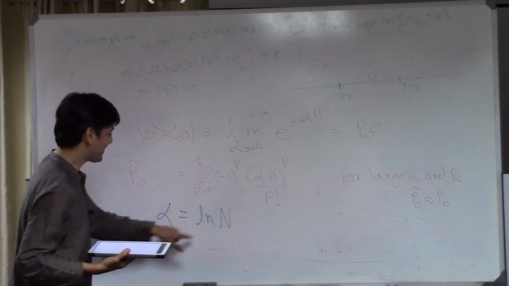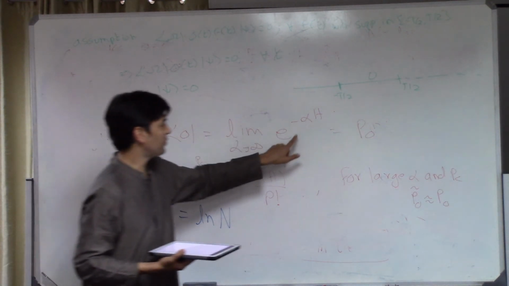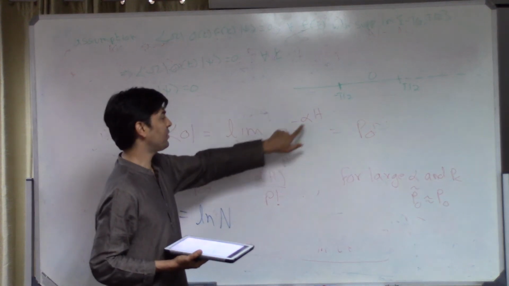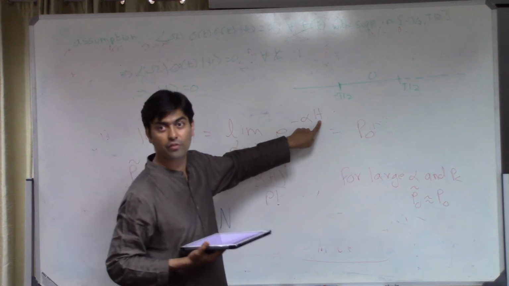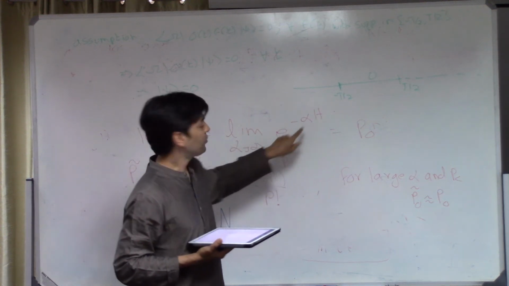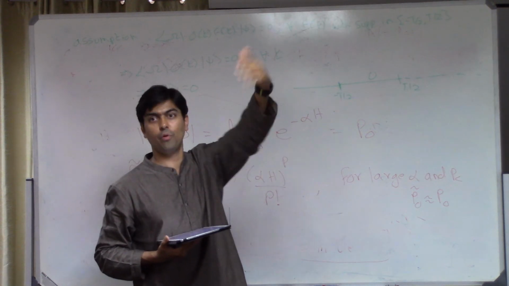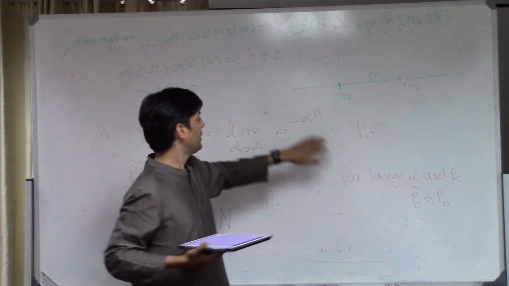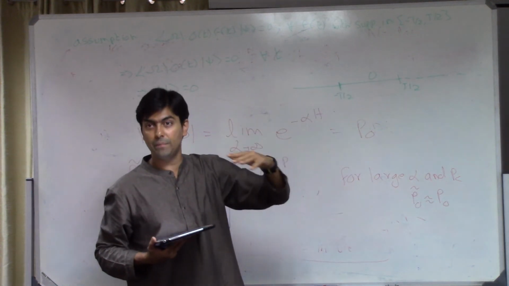So let's take alpha to be log n. If we take alpha to be log n, you see, if you put an e to the minus alpha here, you get e to the minus log n times h. But the lowest eigenvalue of h, which is not 0, is some order 1 number. So the number you get here is e to the minus some number, which could be 4, delta could be 4, or delta could be d in AdS_d, is e to the minus d log n, which is 1 by n to the power d.